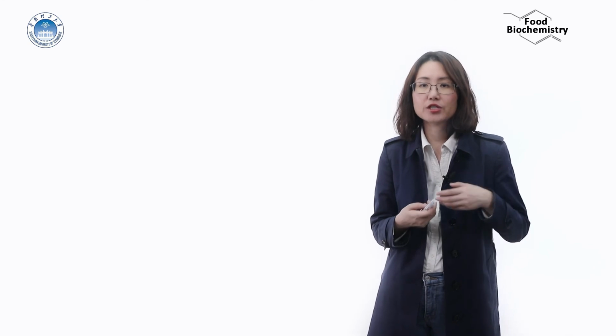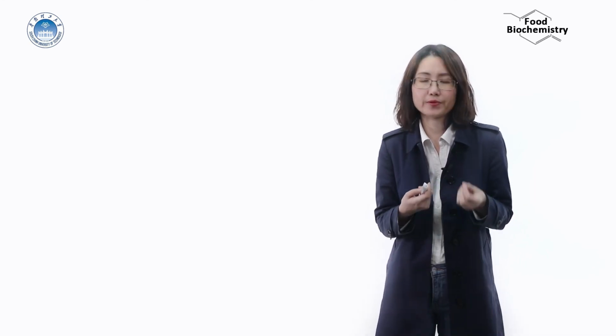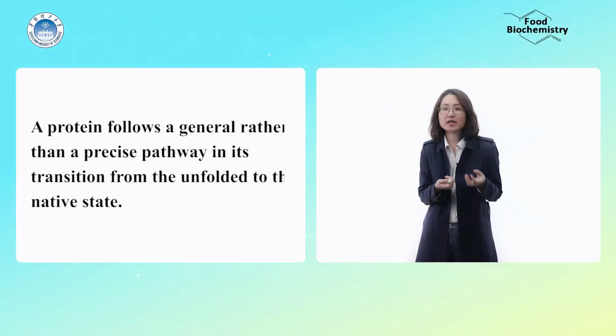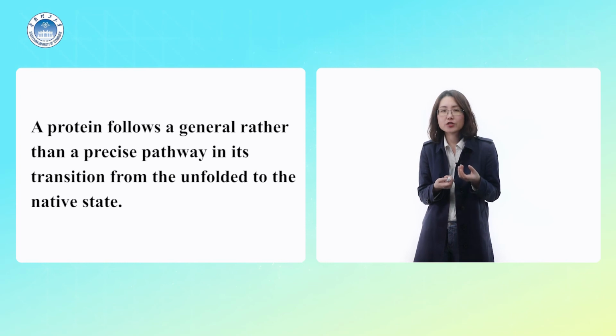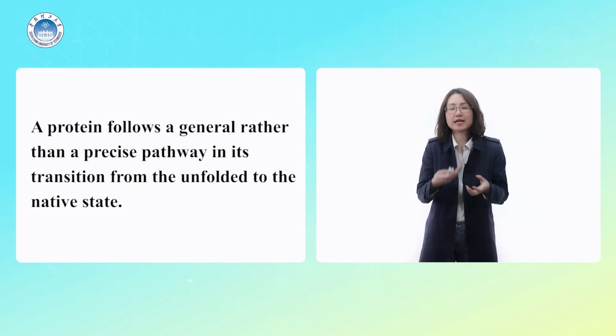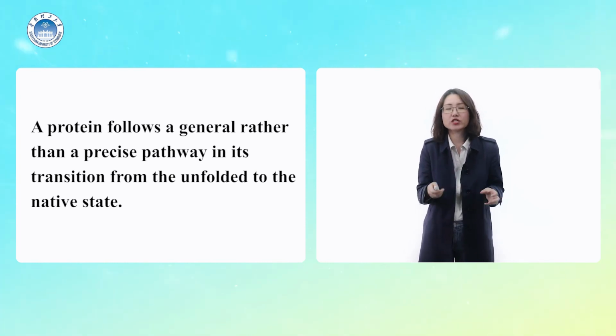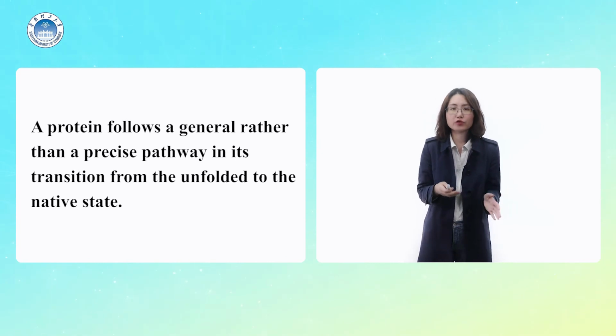So although figures suggest a discrete pathway, each of the intermediates shown represents an ensemble of similar structures, and thus a protein follows a general rather than a precise pathway in its transition from the unfolded to the native